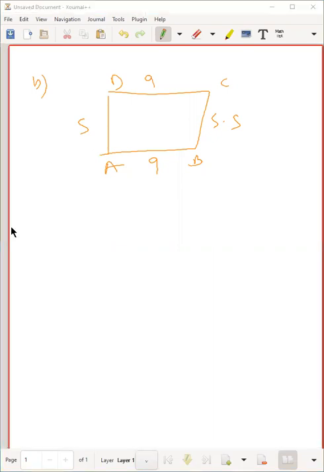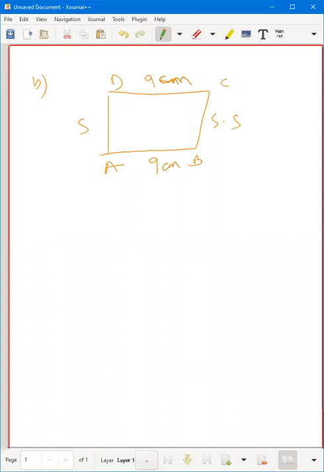Sia, are you there? So what is the question? Can the quadrilateral ABCD be a parallelogram? We are given that the opposite sides are 9 centimeters and 9 centimeters and 5 centimeters and 5.5 centimeters. Sia, are you there? Sir, the DC and AB are parallel, right? We are just given this information. That's all we are given.